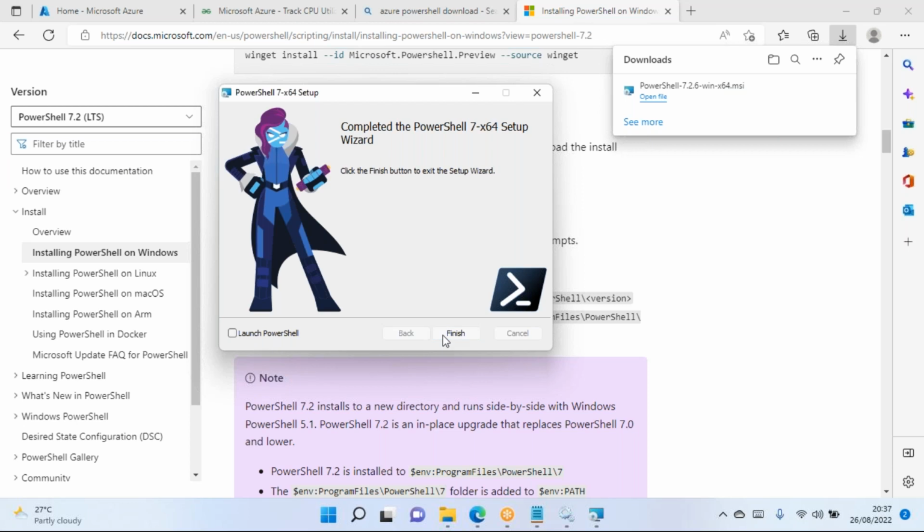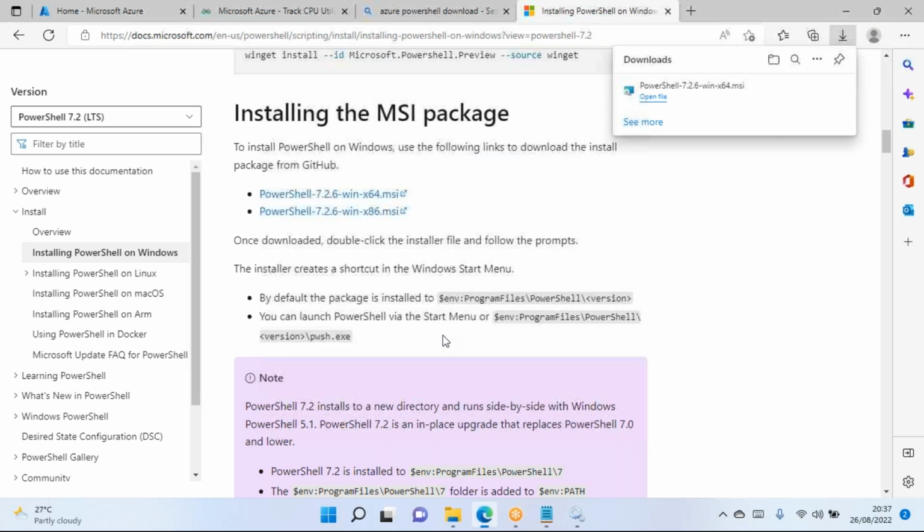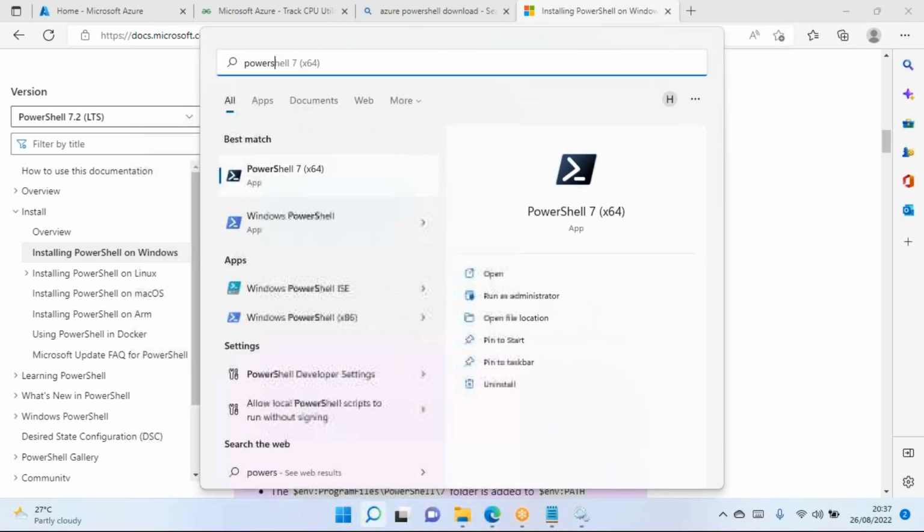Remember, whenever you launch PowerShell, we have got different methods. So let me search for PowerShell. See here, there is Windows PowerShell ISE, and there is normal PowerShell, and there is also Windows PowerShell x86, which is a 32-bit system. So nowadays, most of the computers are 64-bit operating systems. Now, if I click on this normal console, Windows PowerShell,